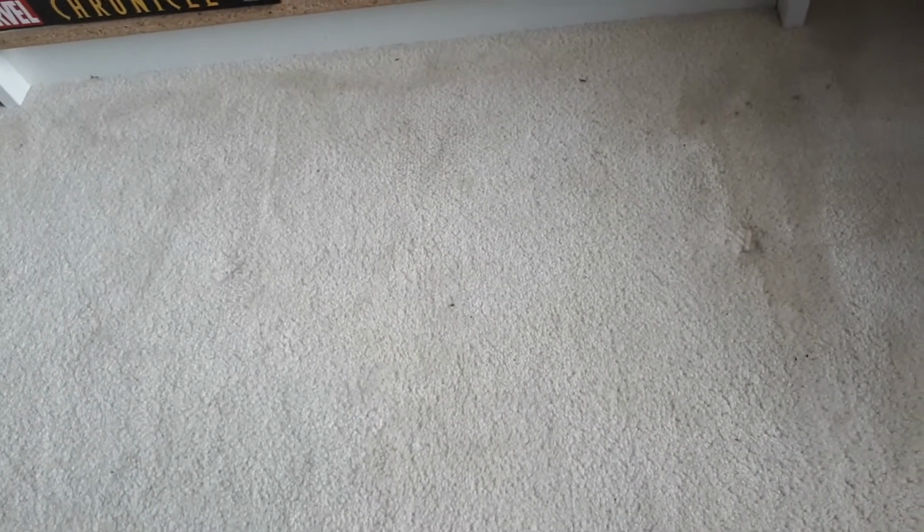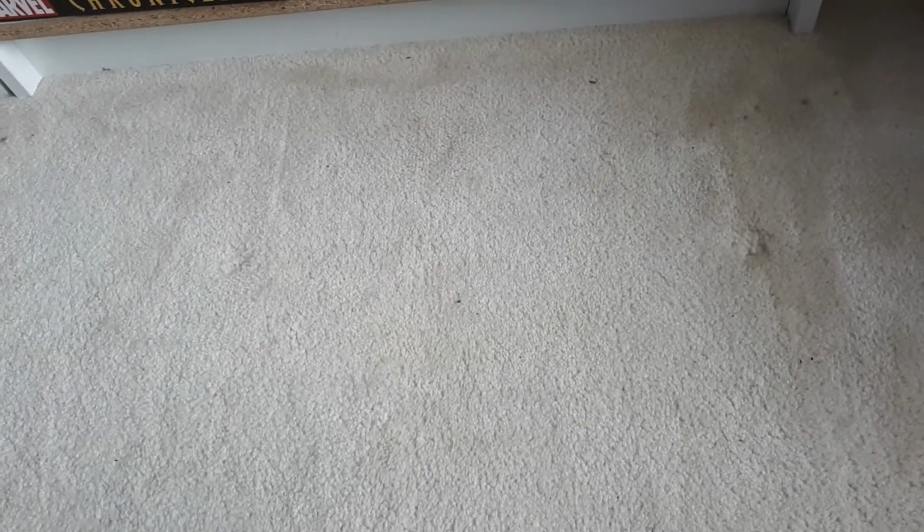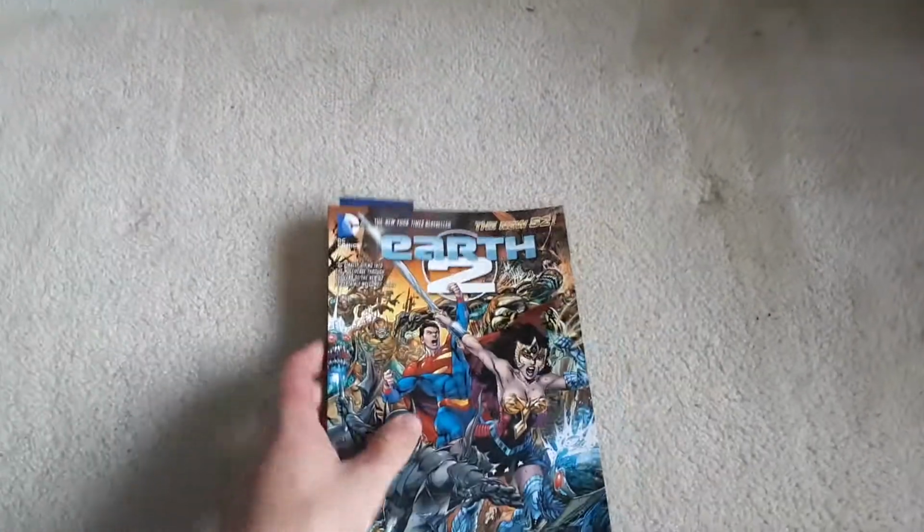Next up, if you guys watched my graphic novel collection, you'll know that I had certain series that I wanted to sell and rebuy in a different format, either getting them all in paperback or in hardcover or whatever. This is one of those series. I actually sold a bunch of stuff on eBay recently that I knew I either wasn't going to continue or wanted to get in a different format. This is one of them. I actually started rebuying 2 different series that I'd sold. These are 2 of my favorite series that came out of the New 52. So I picked up